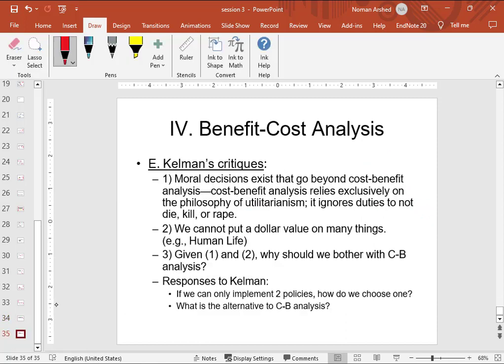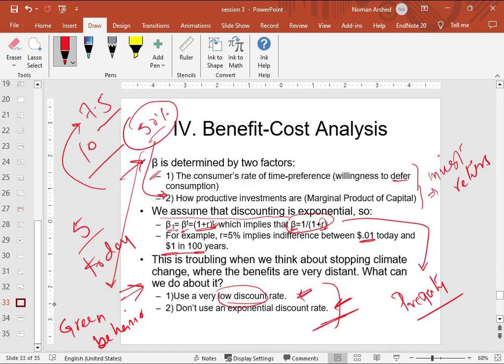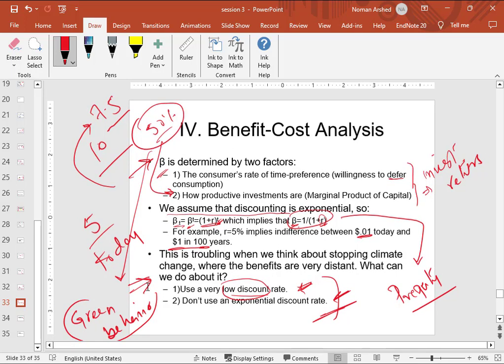The last slide, this is called Kelman critique. उसने इसको summarize किया कि moral decisions exist that go beyond cost benefit analysis. Cost benefit analysis relies exclusively on the philosophy of utilitarianism. It ignores the duties not to die, kill or rape. तो इसके कहने का मतलब है कि जो मैंने पहले डिस्कस किया कि we should teach the green behavior, okay, we should teach them ethical financing, we should teach them religion, that they have responsibility of hukuk al-ibad, so they should not always measure